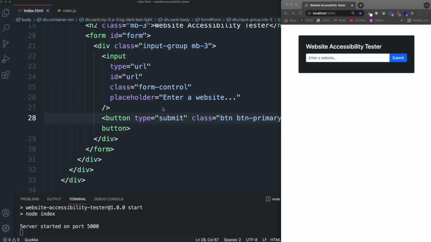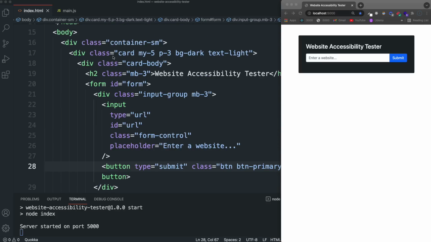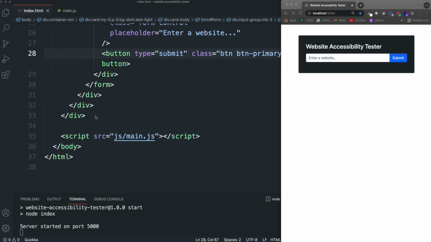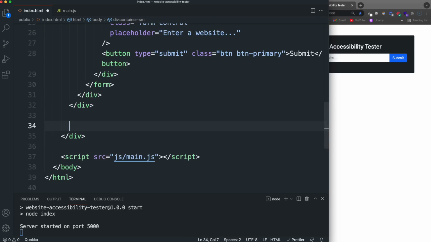Now we want to go still within the container, but underneath this card. So it'll be right before this last div here. And we're going to have two things here. One is going to be the loader. So we're going to use the Bootstrap spinner for when it's fetching the request. And then we need a placeholder for our actual issues. So let's create the loader first. We'll have a